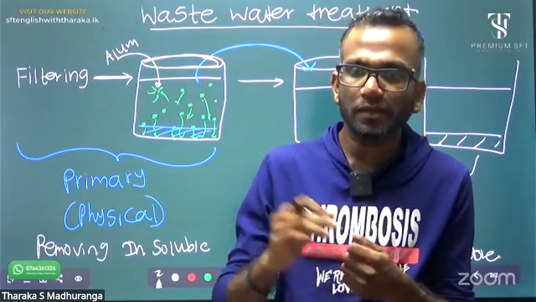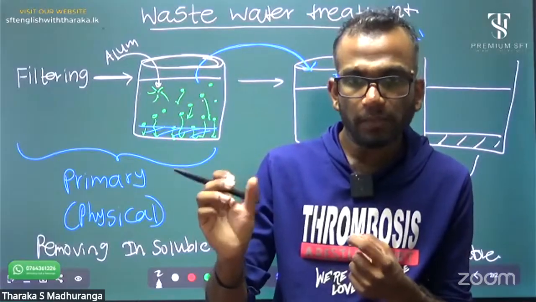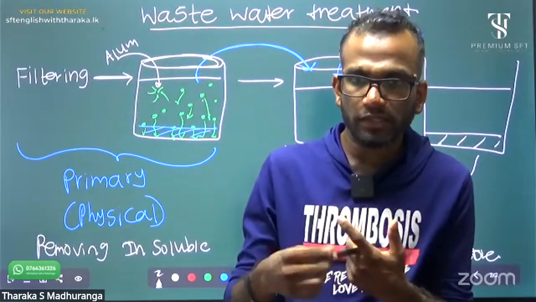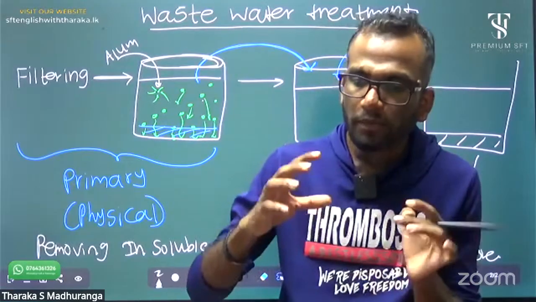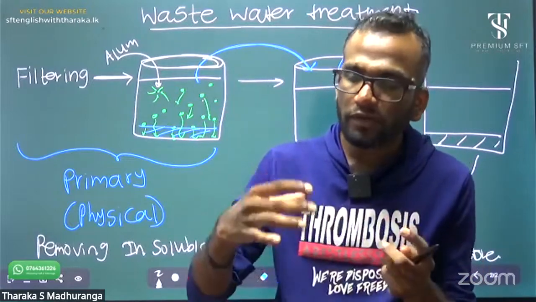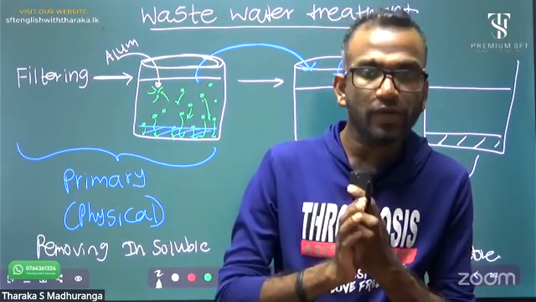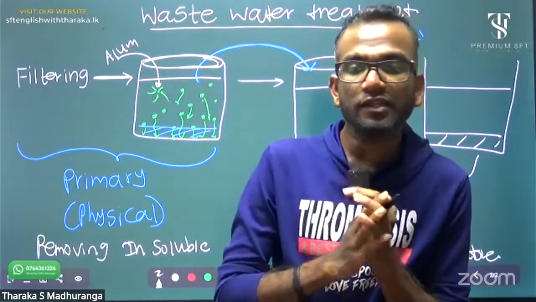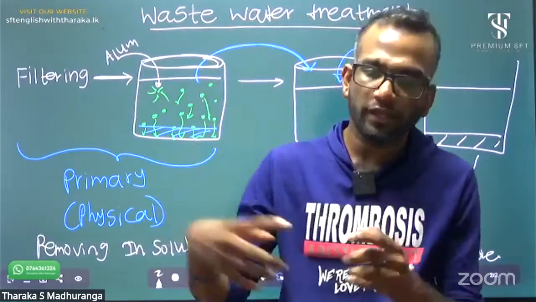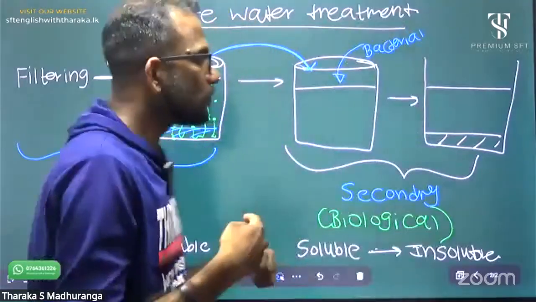Hazardous microorganisms, for example Salmonella and E. coli type microorganisms, are highly hazardous for the natural environment. That's why, before we dispose this water from the wastewater treatment plant to the environment, we have to destroy all Salmonella and E. coli type hazardous microorganisms. Therefore, we have to add some chemical. Normally we do chlorine treatment, right? Okay, that's the wastewater treatment process.